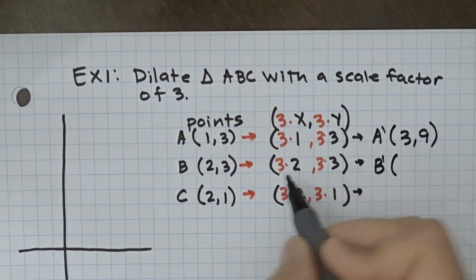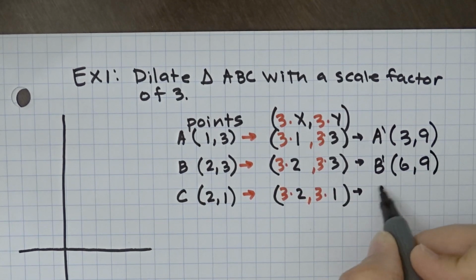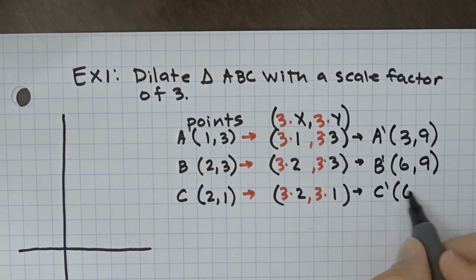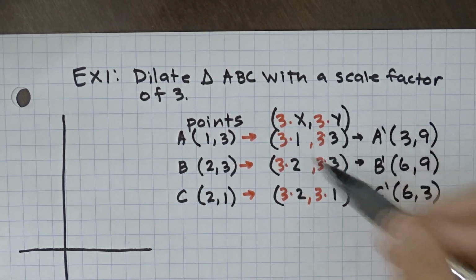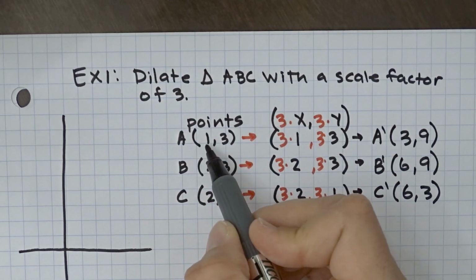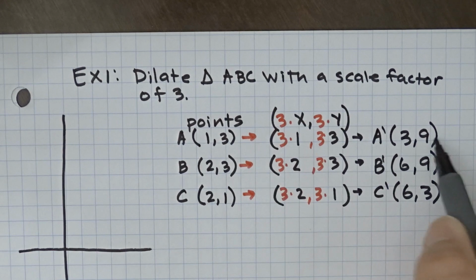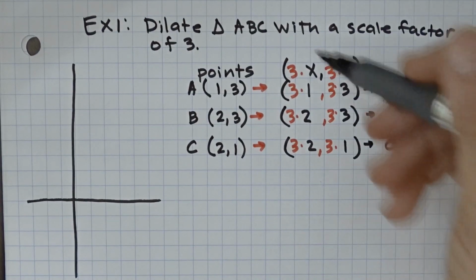B prime is going to be 6, 9. And C prime is going to be 6 and 3. Now you could skip this step, right? You just know the factor is 3, so just go straight to this number in your head, times 3, write it down, times 3, write it down. So it is actually faster than what we wrote down,